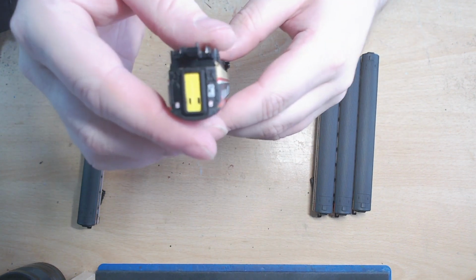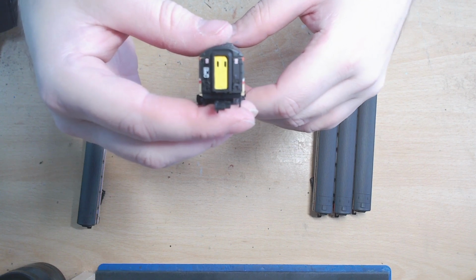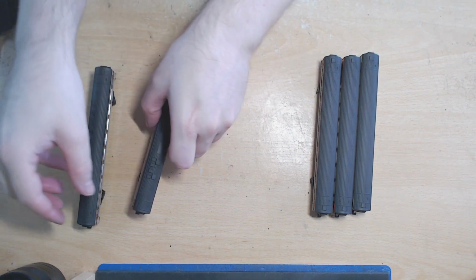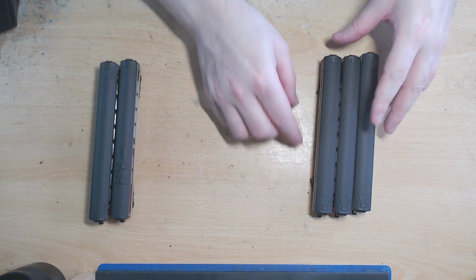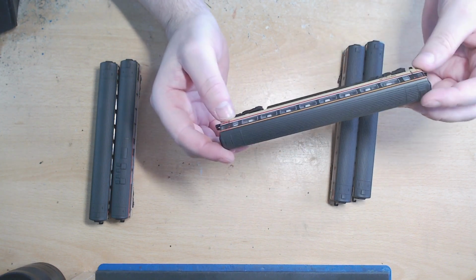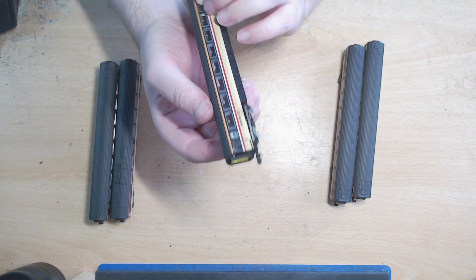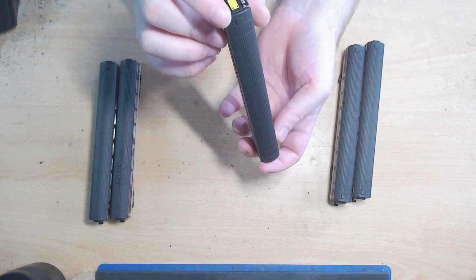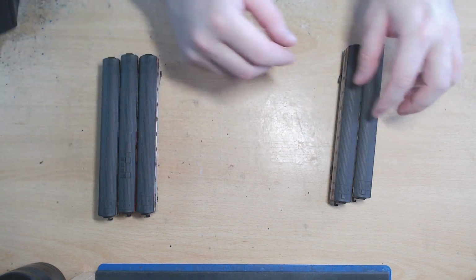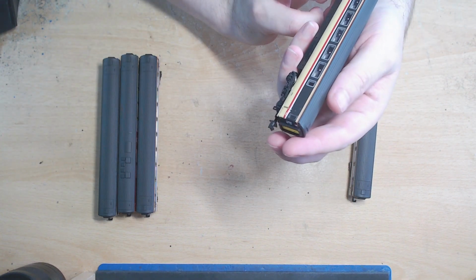We'll just have a nice quick look at the detail on the end. Unfortunately, my camera's not going to focus on it, but yeah, very nice. You will see that in the close-up anyway, so you get to see each one on their own in the close-up, so you get to actually have a good look at them. And this is the first class one, so it has the cantrail stripe going across the top. So yes, it's very nice to have a look at. Yeah, unfortunately, there's not really much else to say, that they all have exceptionally good detail on each one of them. This is the...